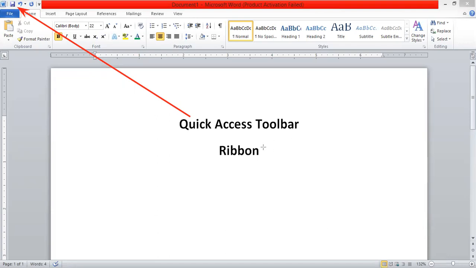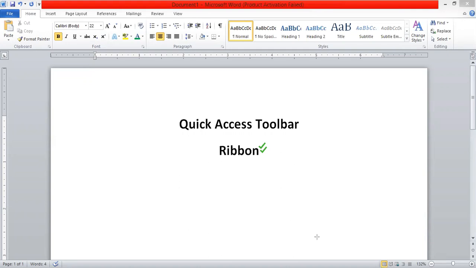Now the second thing which we have is a ribbon. Right now we are talking about the ribbon, where the ribbon is. Let me draw a box and show you which thing is called a ribbon.